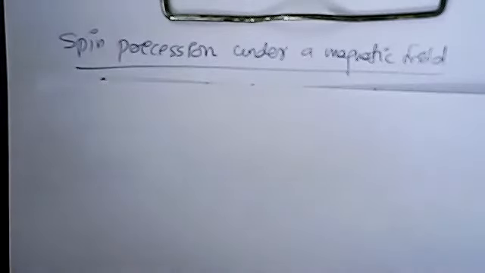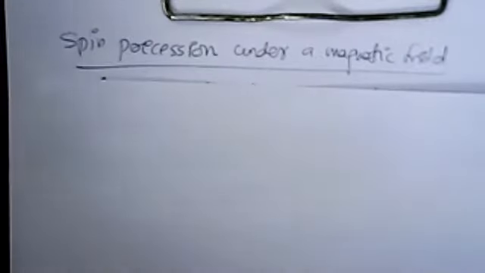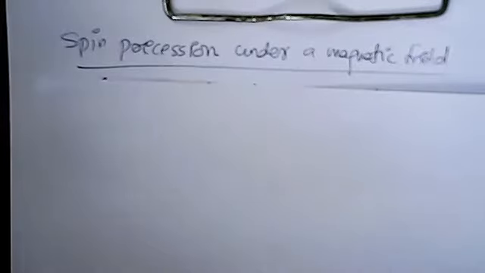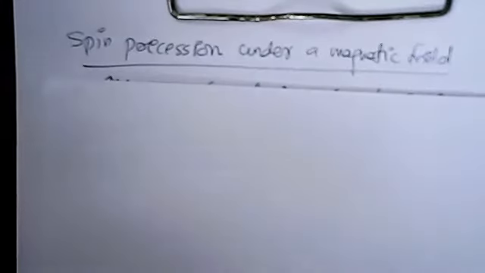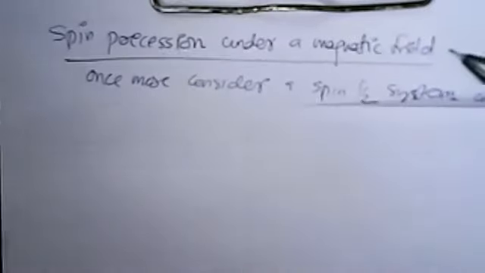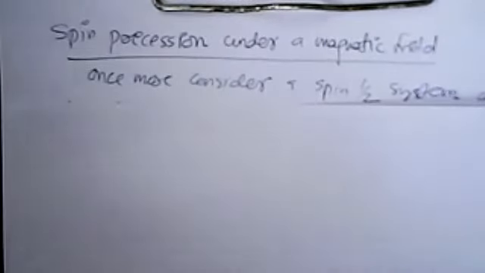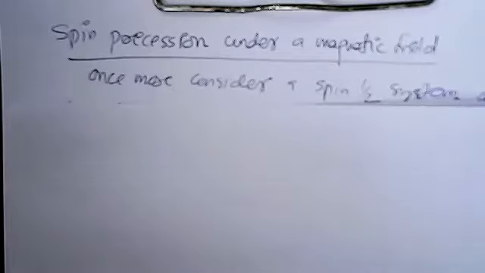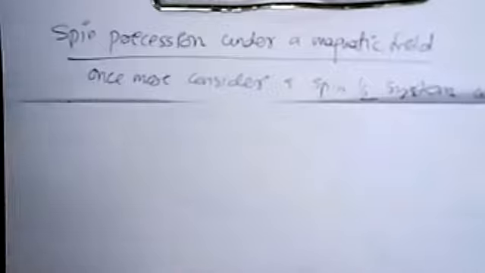Okay, so that was theory. Now see practically, experimentally what happens. So again consider a spin half system under a magnetic field. We have already learned this problem in the last chapter of quantum dynamics, spin precession. We know that a spin half system precesses around the magnetic field or the z axis. Now we can see that the theory is matching with the